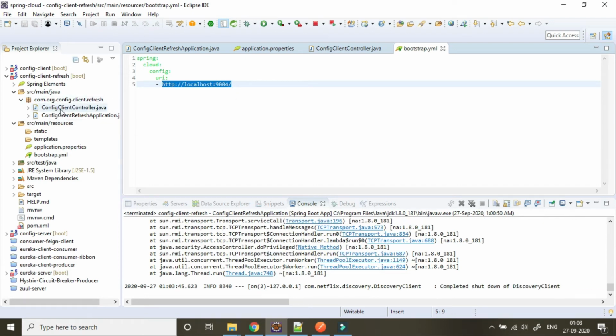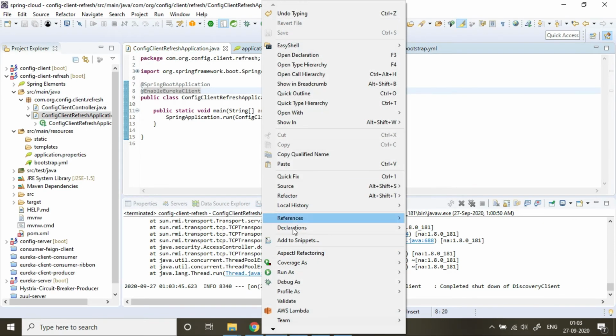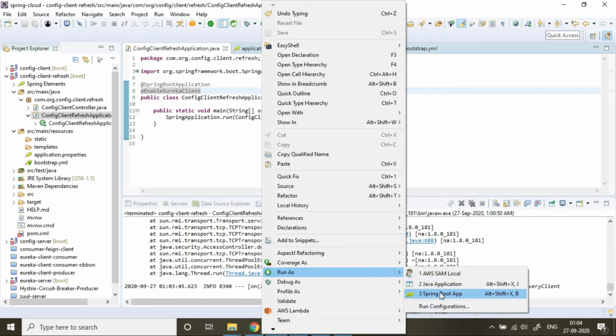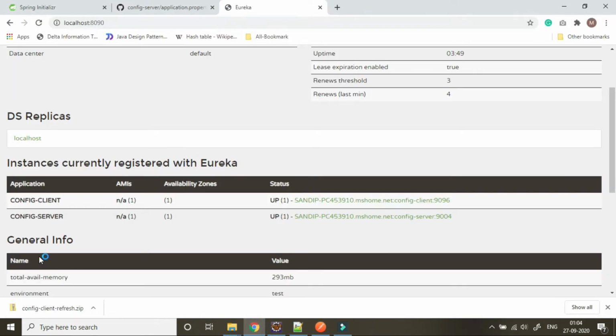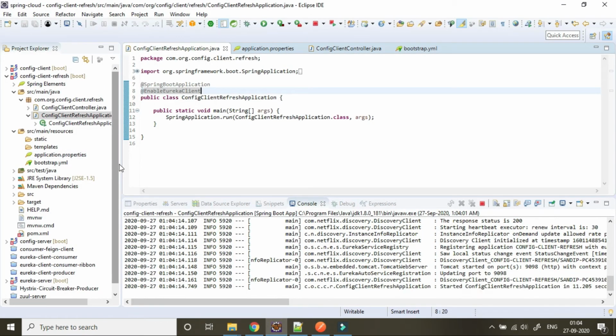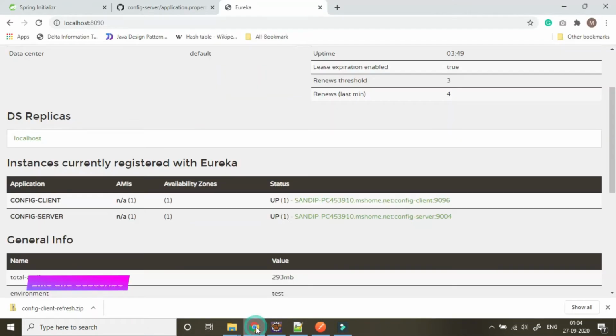Now we will start our config client. Previously, two services were already registered in Eureka server. The first one is config client, the second one is config server. Now again we are starting another service named config client service. It should register itself into Eureka server.